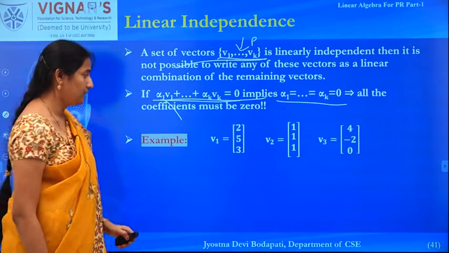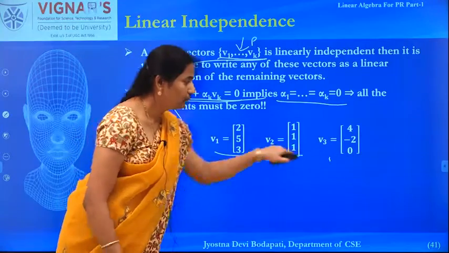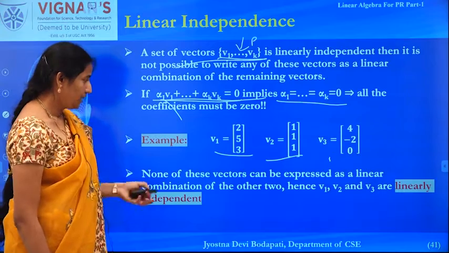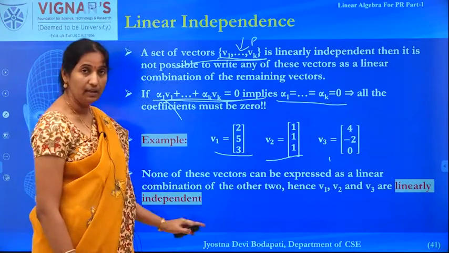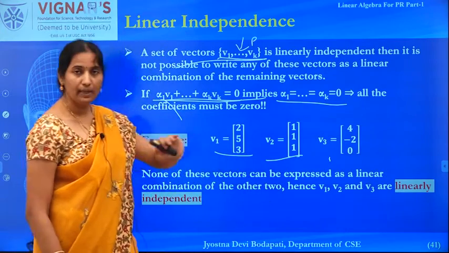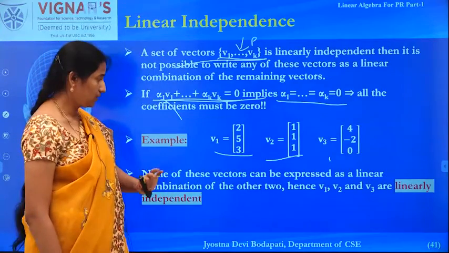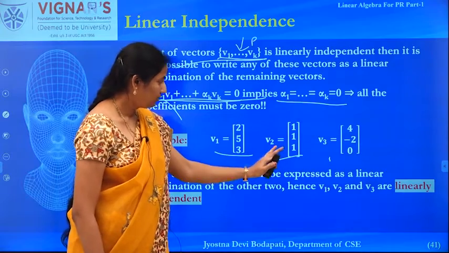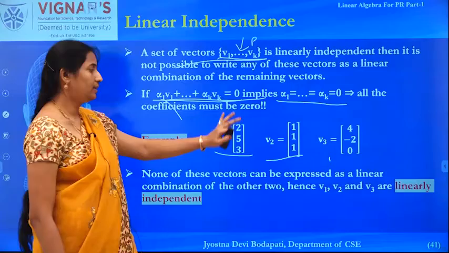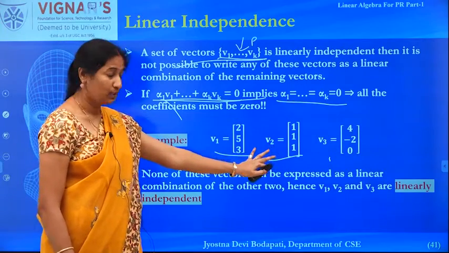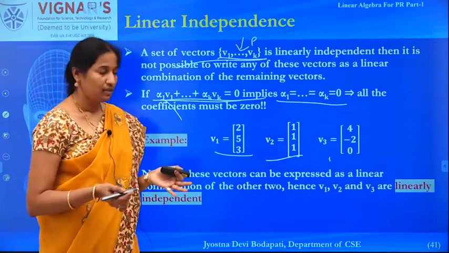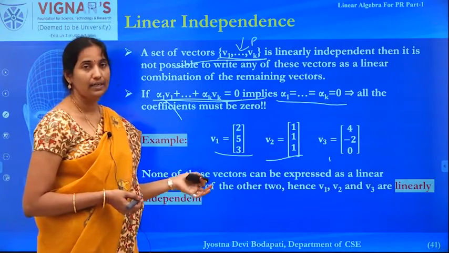So now let's have an example. Here we have v1, v2 and v3. Now let's see whether they are linearly independent or not. None of these vectors can be written as a linear combination of the other two vectors; you can check that if you want. With v2, I cannot extract it with the help of v1 and v3, and v3 I cannot write using the vectors v1 and v2. So none of these vectors is dependent on the other vectors. So they are a set of linearly independent vectors.